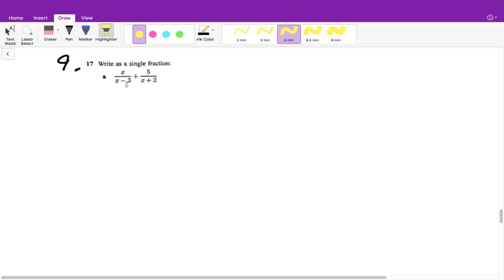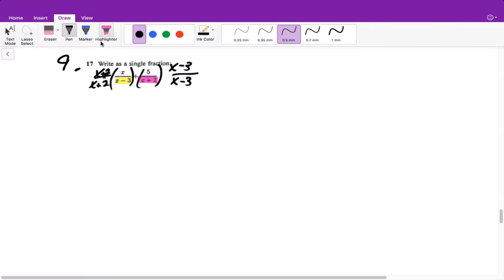That means, once again, we need to have common denominators. Well, this one has x minus 3, and this one has x plus 2, so neither of them are the same. And since it's not just numbers, we need to multiply by the opposite denominator. So this one will be multiplied by (x plus 2) over (x plus 2), and this one will be multiplied by (x minus 3) over (x minus 3) so that we can get the